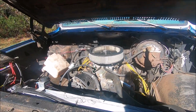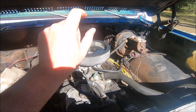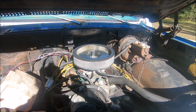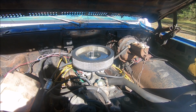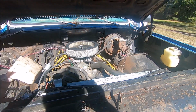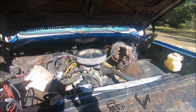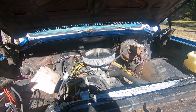Okay, so one of the things with this was when it's sat for a while, when it's cold, you need to dump a little bit of gas down the carb to get it to start. And I don't know if it's choke adjustment or anything. It's just some time and adjustment that I didn't want to put into it, that the next person would get a good deal on. But